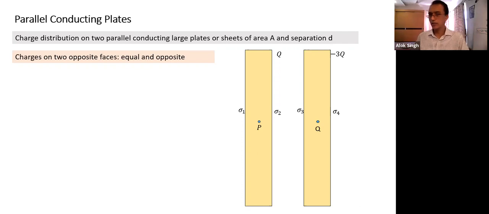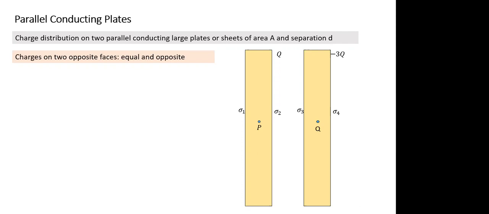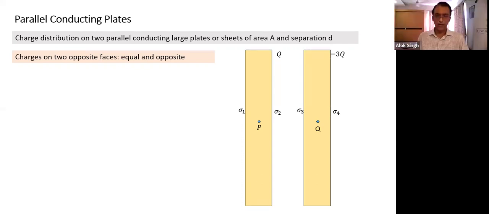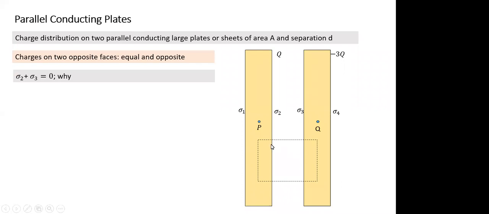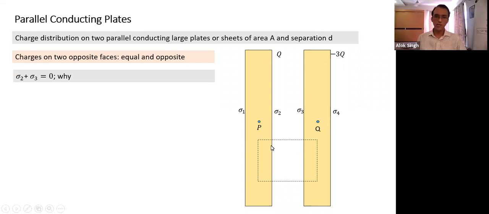What is the basis for that conclusion? How did we come to that conclusion? We took a cylindrical Gaussian surface. Excellent. So this is based on the Gaussian surface. If I take a Gaussian surface like this, on this surface here the flux is 0. Here also the field inside the conductor is 0. So basically the flux through this Gaussian surface is 0. It means the charge enclosed must be 0. So this is the result we had, and this was the basis on which the result was arrived at.